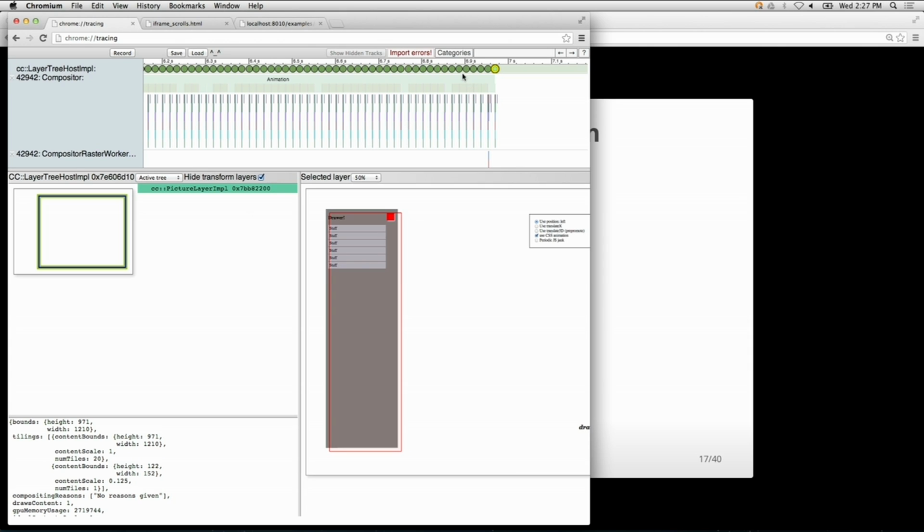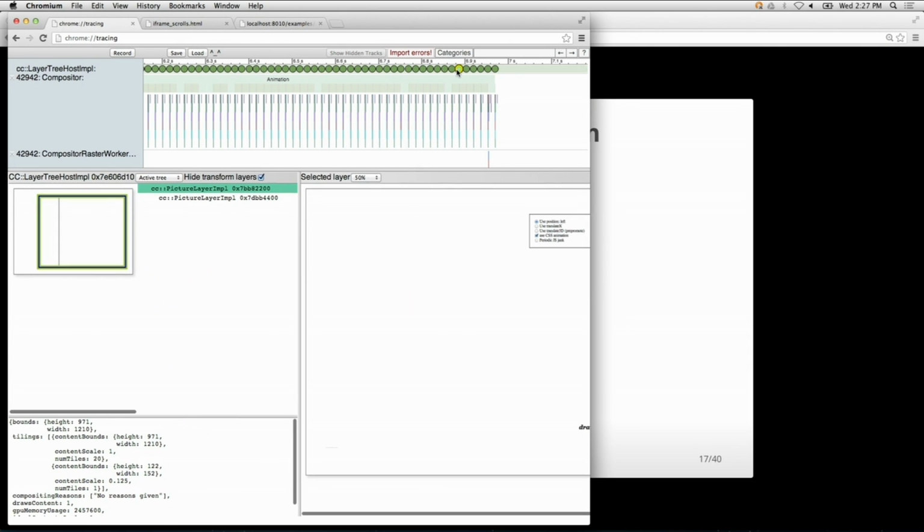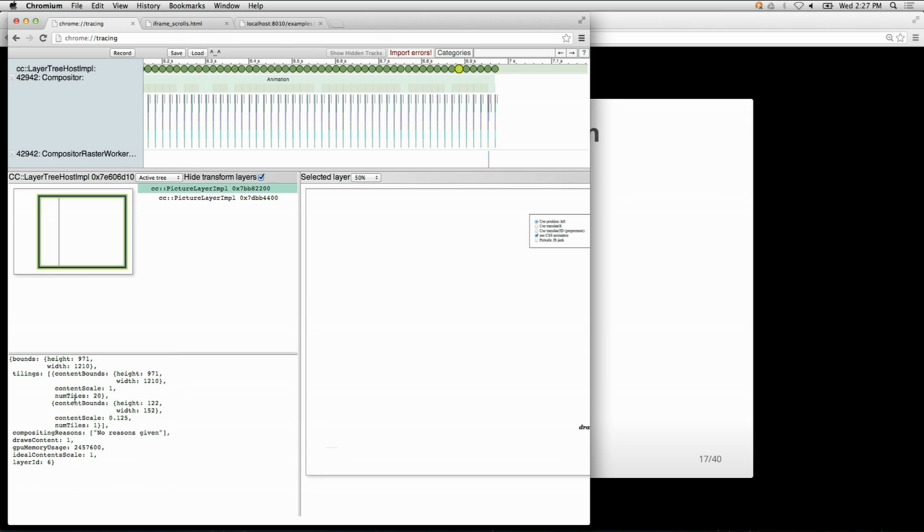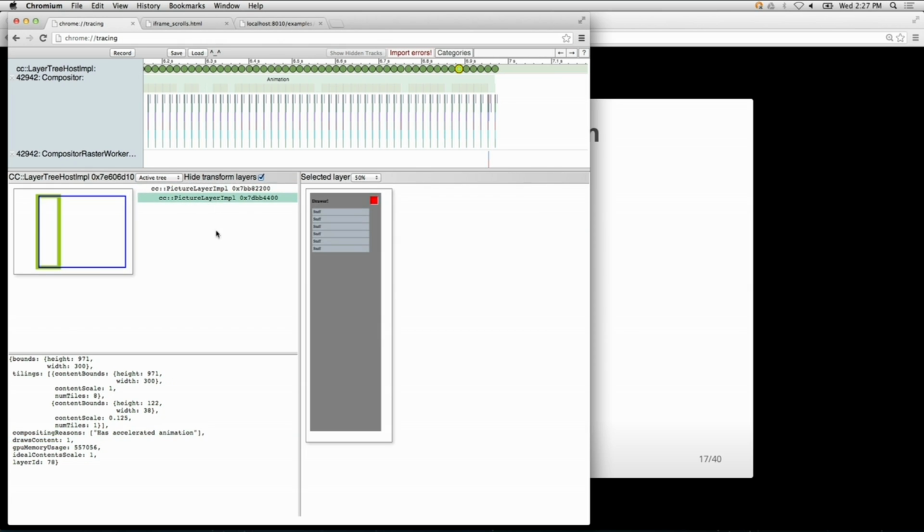A lot of people wonder, when you get a big production site with a zillion things going on, you get a ton of layers, and you're like, I didn't ask for this. Why is this layer promoted? So if you look down at the bottom of this thing, you can see this compositing reason. And so this says no promotion reason given, because it's just the root layer. But if I click on this one that's moving,